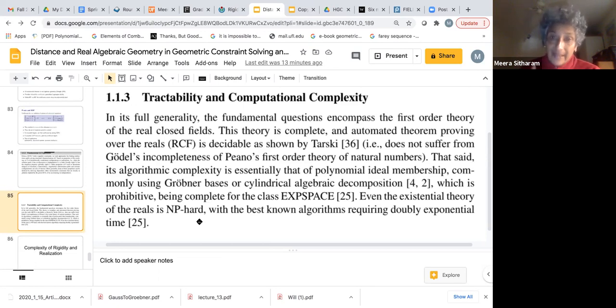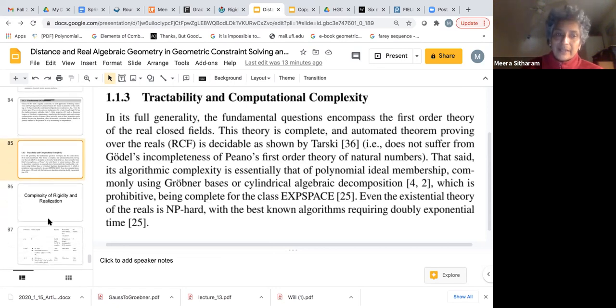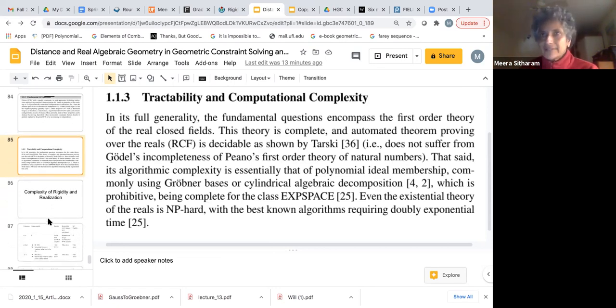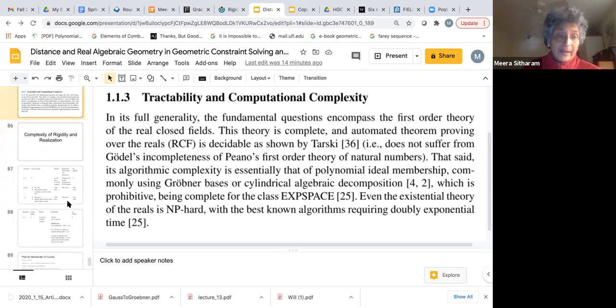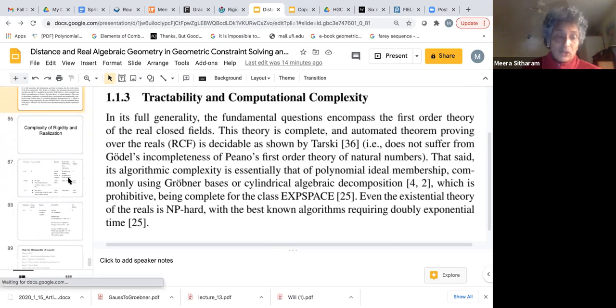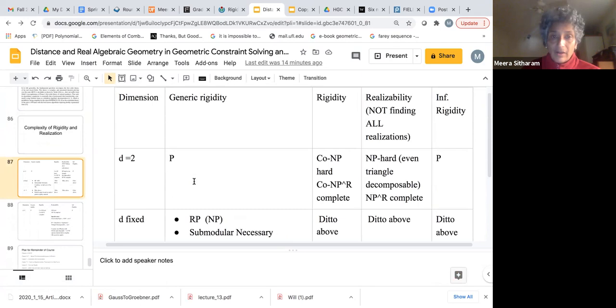So then we can proceed to see whether we can improve things, because we're looking at the generic version, is it somehow easier? And since we don't really care about the exact value, we just care about the structure of the polynomial system, sort of the combinatorial structure, and not really the actual values. Maybe it's a little bit easier, then we can ask, but we have to have this baseline understanding of how long it takes. Okay. So now I'm going to just go over a table here of